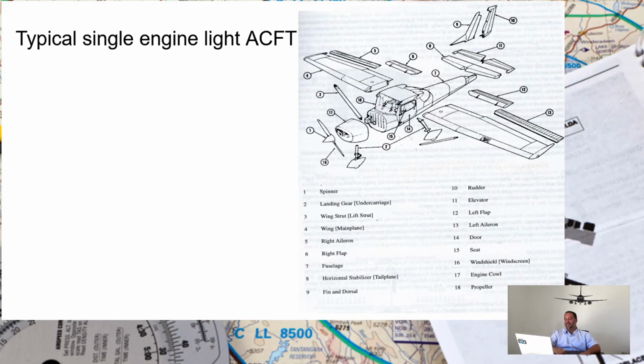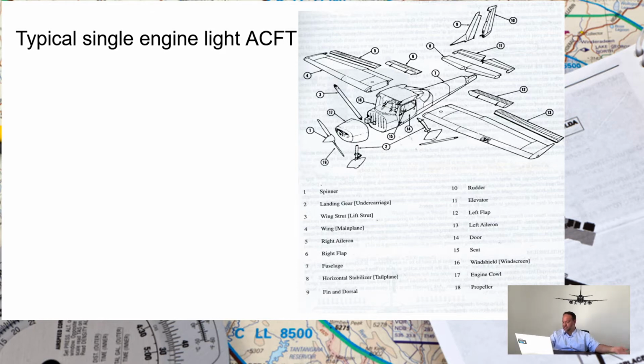Pitch, roll, bank, and yaw. Single engine light aircraft. Here you can see all the parts. I took this from my syllabus book. The spinner on the front, landing gear on the carriage, wing struts, wing, main plane, right aileron, left line, right